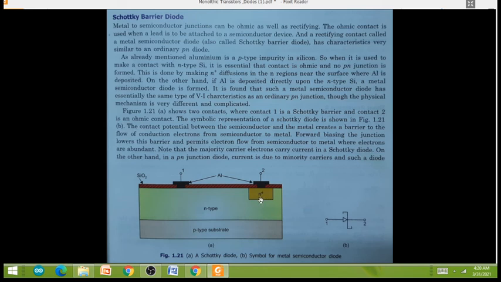So what is the difference between terminal 1 and terminal 2? If you look here, two contacts were created. Contact number 1, without the n plus channel, is a Schottky barrier, and contact number 2 is an ohmic contact. So here the metal is connecting to the N plus channel, so that will offer you the ohmic contact.